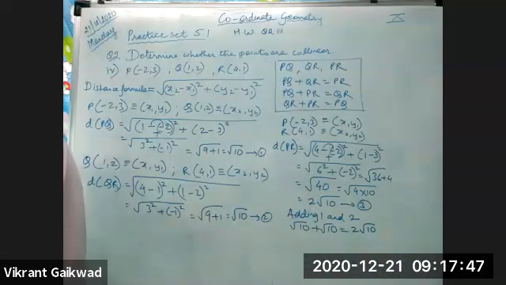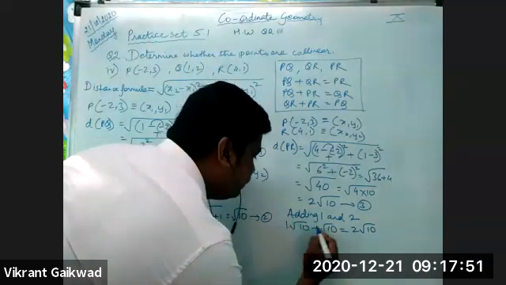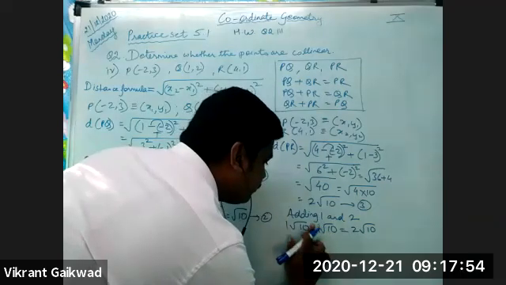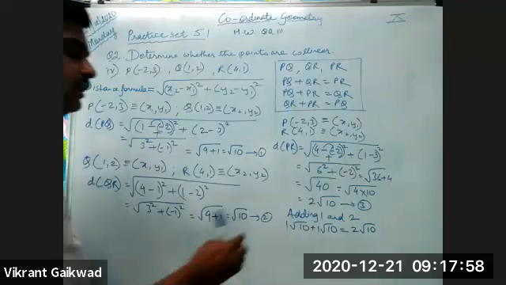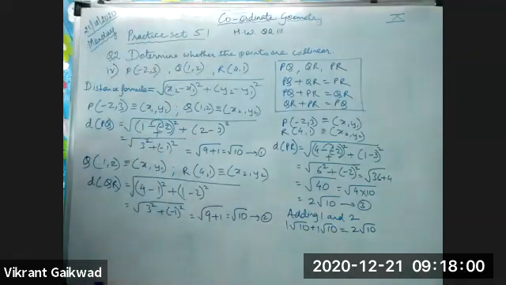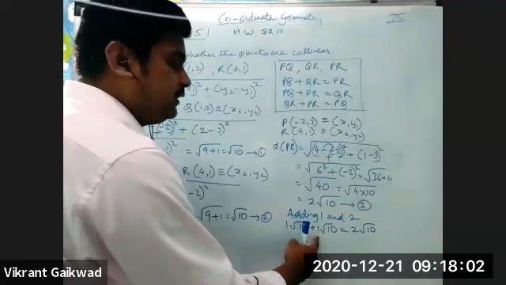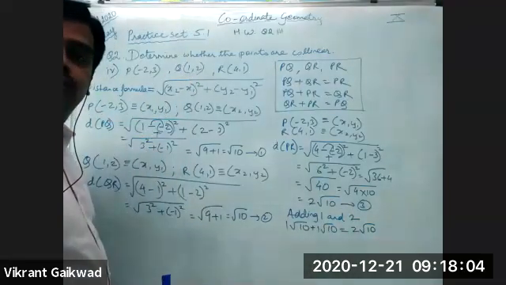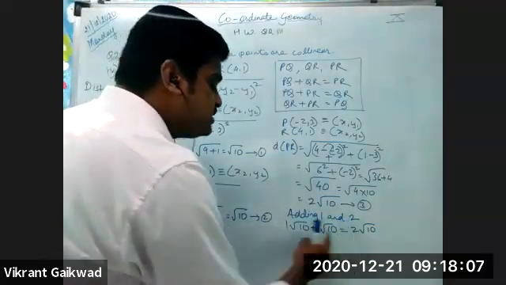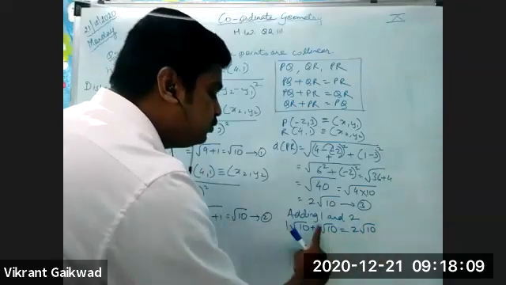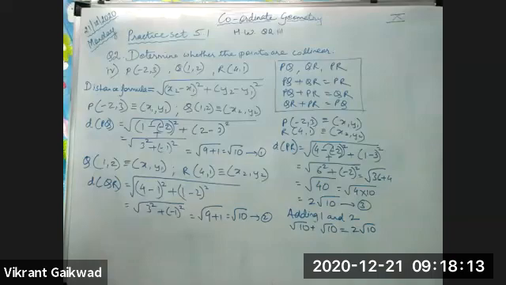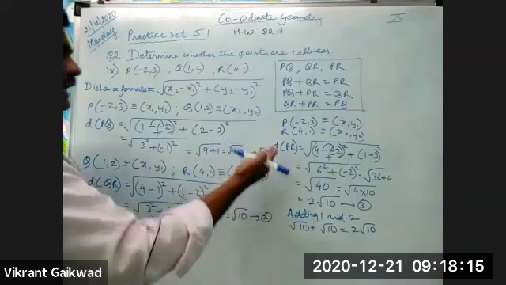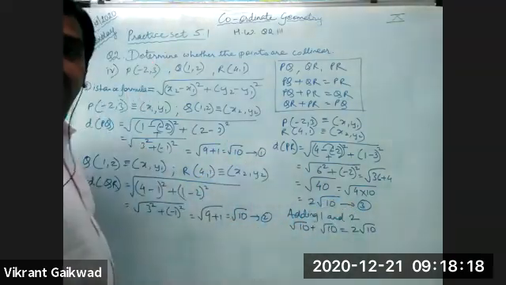So when you add the surds, what you do is you add the numbers which are outside the root sign. Now here, by default, if there is no number, it is taken as 1. So 1 plus 1 is going to become 2. So root 10 plus root 10 is 2 root 10. Is this clear to all the students? So when you add 1 and 2, you'll get 3.